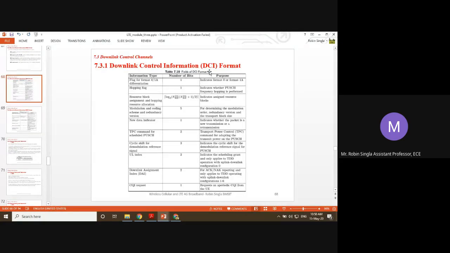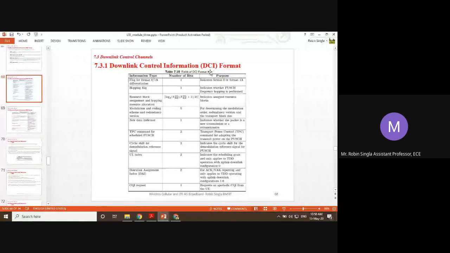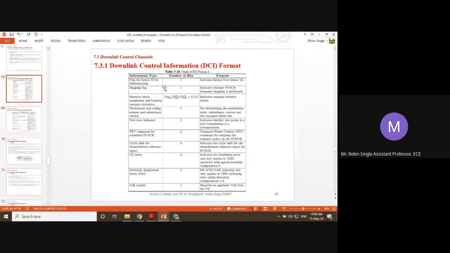So this is your DCI format, but is written over here. If the frequency hopping field in corresponding PDCCH with DCI format 0 is set to 1, this is your DCI format 0 and this is your hopping flag. If it is set to 1, it indicates whether PUSCH frequency hopping is performed. Okay. So if this single bit frequency hopping field, this one, is set to 1,